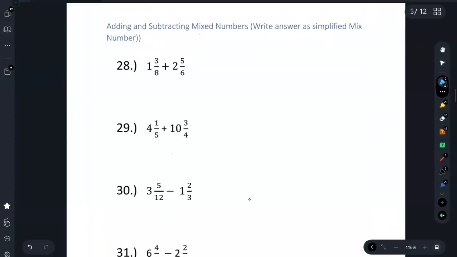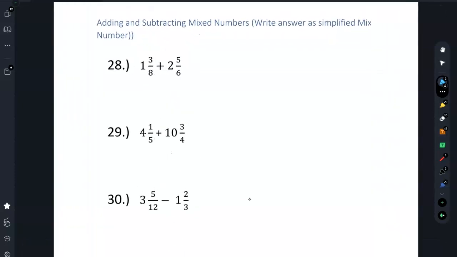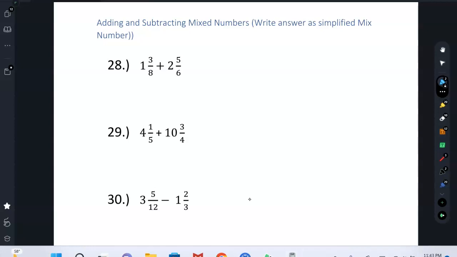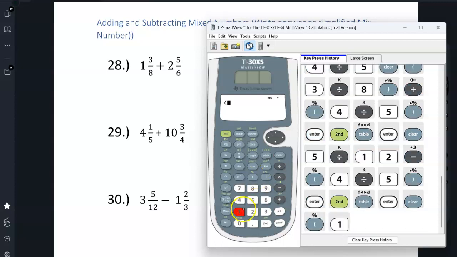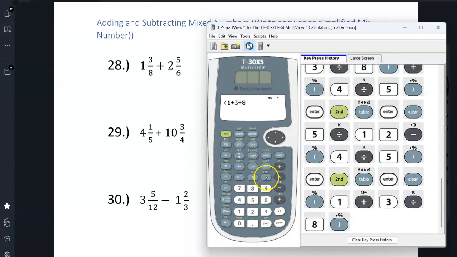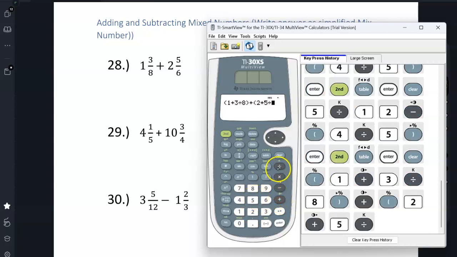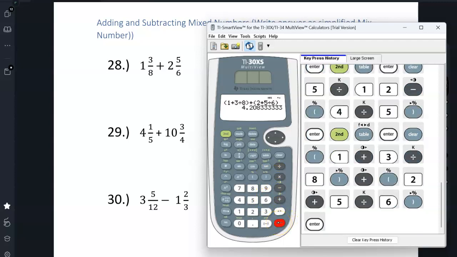All right, so here we're going to add and subtract mixed numbers. So here with mixed numbers, I always use parentheses. So the first one, I have 1 3/8. So we have to remember how we type that in. It's going to be 1 plus 3 divided by 8. Close your parentheses. Plus the next mixed number is 2 and 5/6. That's going to be 2 plus 5 divided by 6. And I'm going to press enter. And that gives me